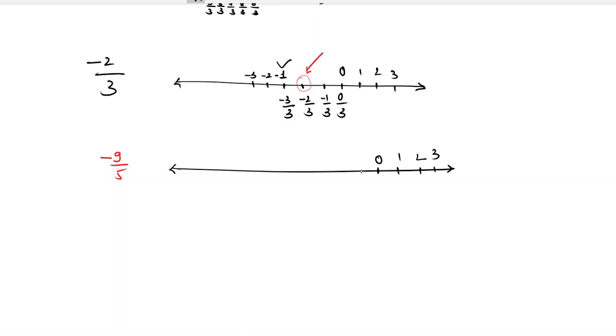So let's write it like this. I can write -1 as -5 by 5. And then comes -6 by 5, -7 by 5, -8 by 5, -9 by 5, -10 by 5. What is -10 by 5? -2. So the number lies between -1 and -2, and it is right over here. We have located it, -9 by 5. The easiest way to do it, right? So I've showed you a couple of negative numbers also on how to represent it on the number line.